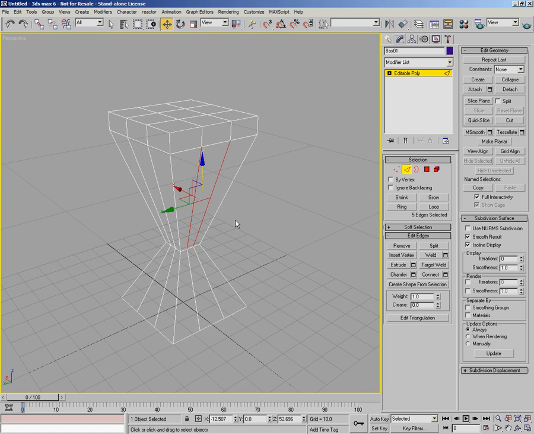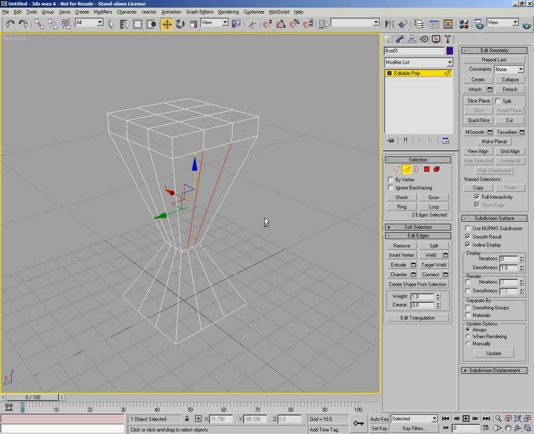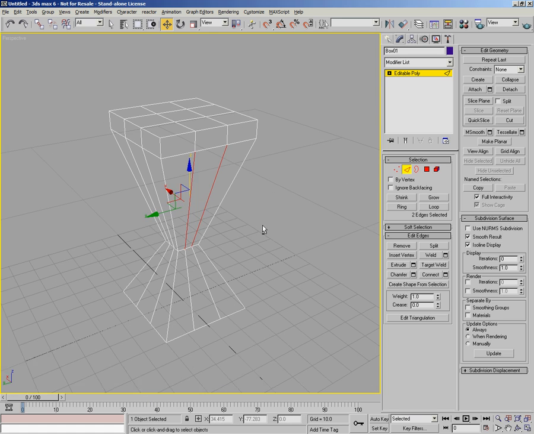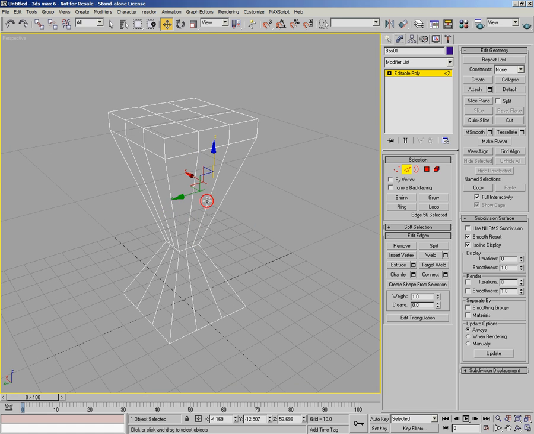If I undo that with Control Z, if you click on the connect tool with the settings button to the side of it, which was introduced in Max 5, you can actually choose the number of connections. So you could have as many as you want there, 6. I'm just going to 0 that. In this case you can't have 0 connections, so it'll go back down to 1, and we'll just OK that, and there's a connection. Now I want to connect all of these edges to create a loop,